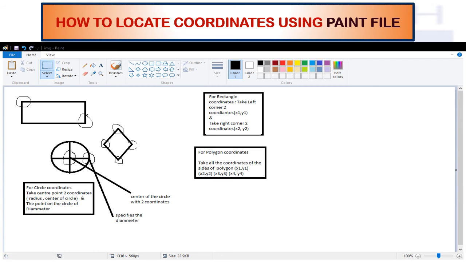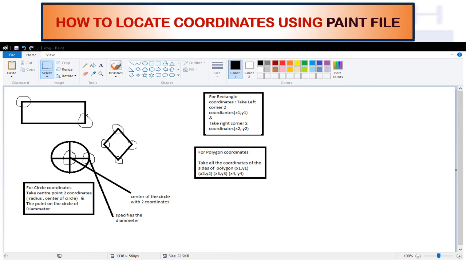Here again you will get 2 coordinates, because one will be the common coordinate, because you know this particular point is the radius which we are taking, correct? But here this will be your diameter, that is here. When I click over here, you will get again 2 coordinates. In that, one coordinate will be common, that is the center of the circle. You will get the same point over here. You have to take the different coordinate, the first coordinate. Okay students, did you understand that? So take the 3 coordinates of the circle, right?